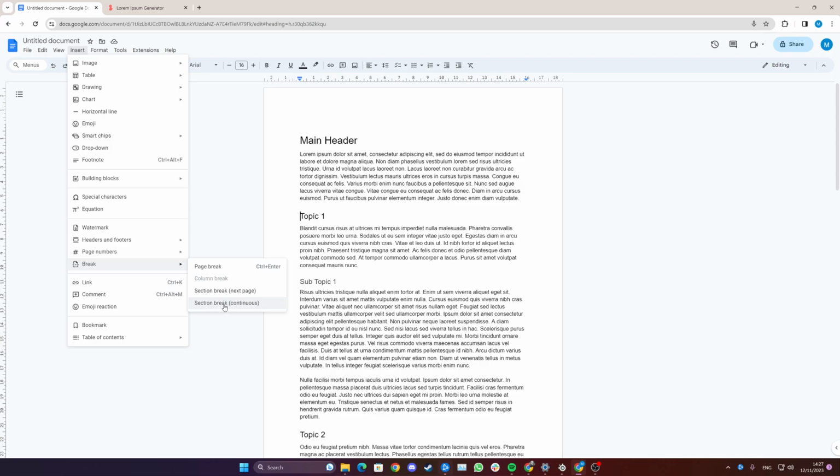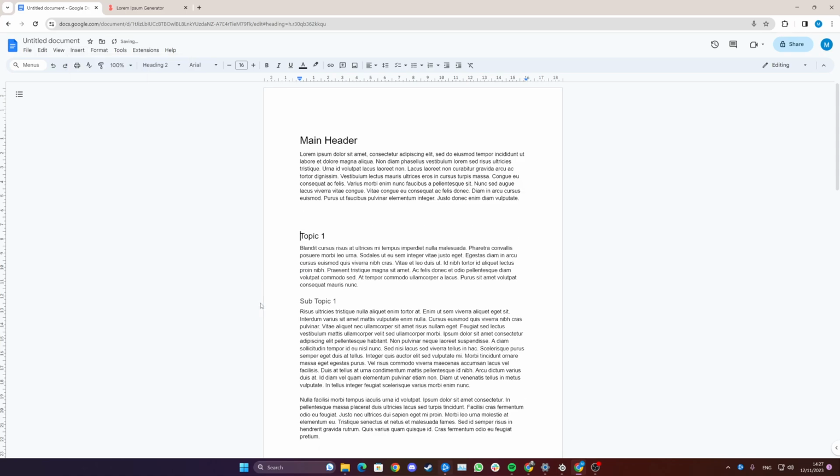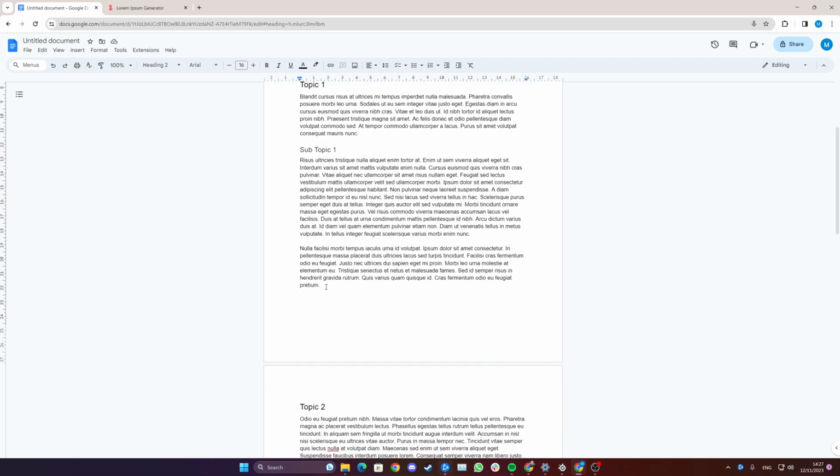So when you click section break continuous, it stays on the same page but creates a gap between the text above. So let's see. And now as you can see, it just created an extra space here between the text. And now we have the other option, which is